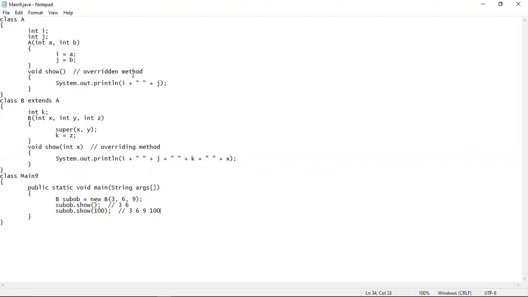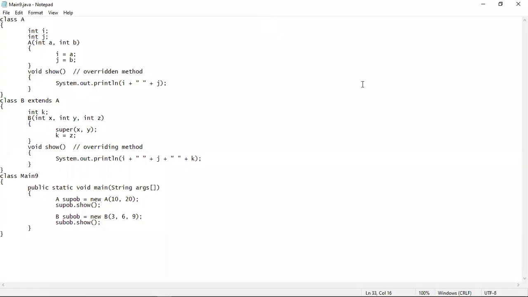Now let me show you that if method overriding is there in a program, then I have told you that the subclass version of the method, which is the overriding method, will override the superclass version of the method. So in that case, we will never get back the superclass version of the method. But there are obviously other ways to get back the superclass version of the method, and to execute whatever was written inside it. Now let me show you how to do this.